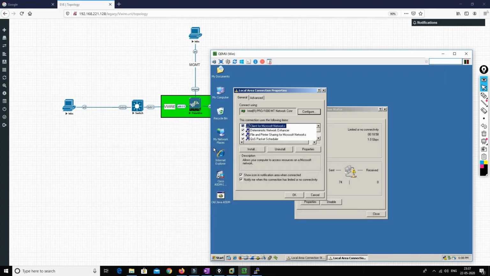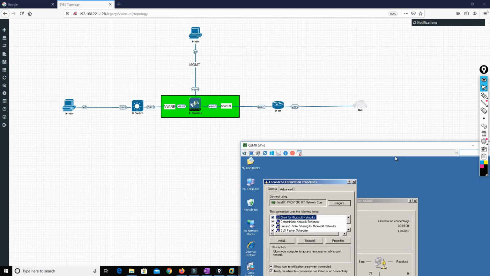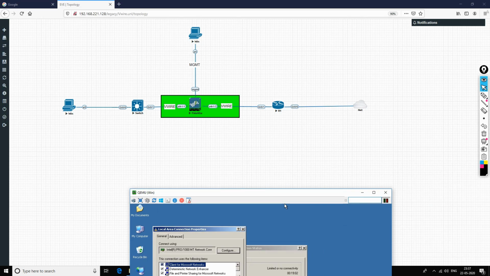As in this scenario, the switch is working as layer 2. It is not working as layer 3. So in that case, when the PC connects to this R1, they will be having the same network. There will be no network changes.